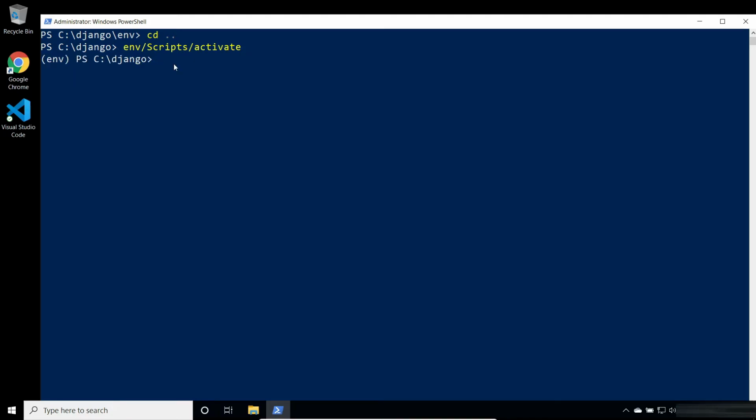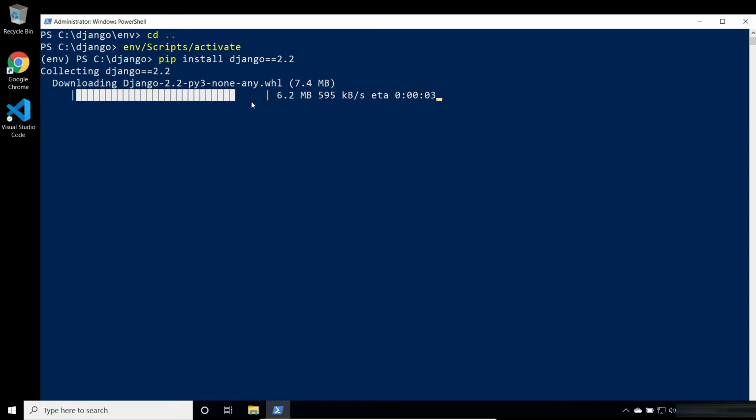So now after activating the virtualenv, we need to install Django in this environment. So give the command as pip install. I'll be providing all the commands in a link in the description. You can access the commands from there. So in order to install Django, you need to give the command pip install django, and you can specify the version. So I'll be installing 2.2.